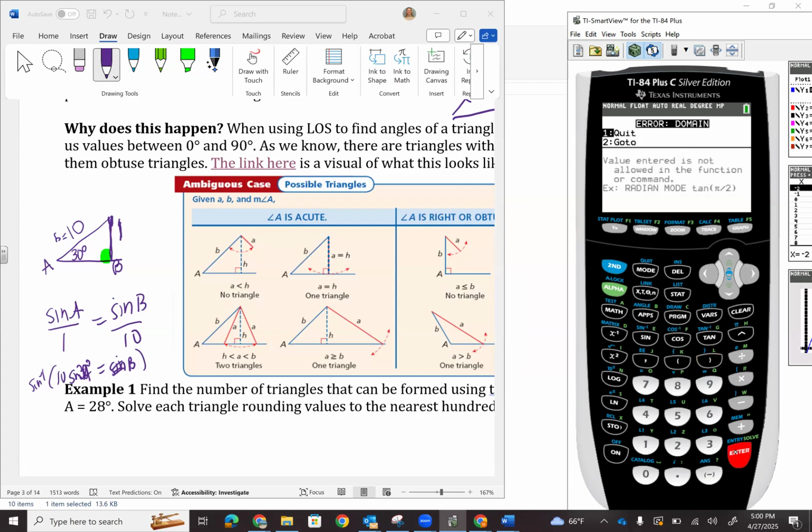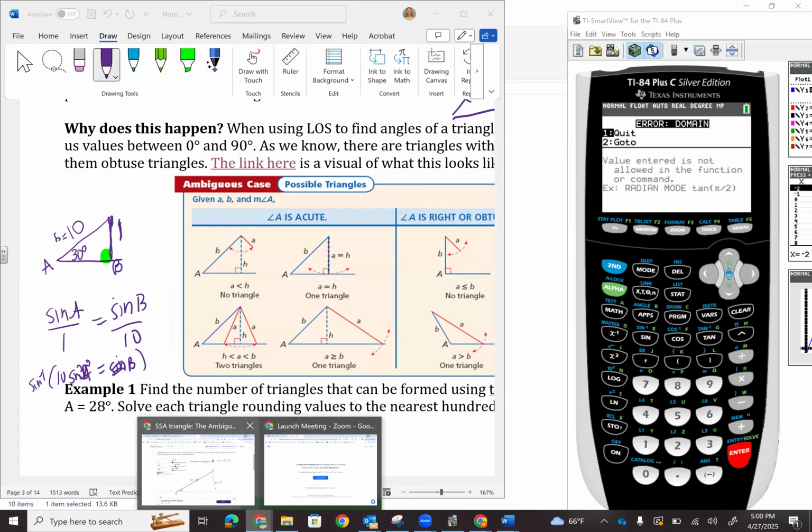It's going to give us an error. Okay, so if you have angle side side and you get an error when you're trying to find your first angle, it is likely that they gave you an impossible triangle, something that you cannot form a triangle with those dimensions. And let me show you, we have a modeling figure about this because this is kind of hard sometimes